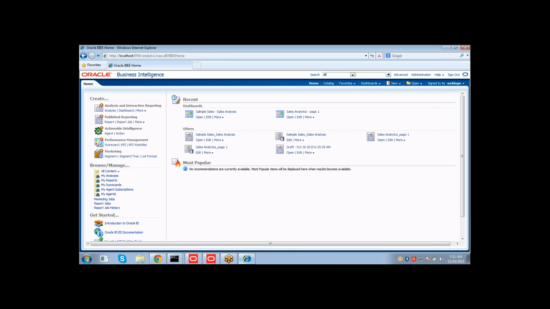So here, this is the home page of the analytics application. This analytics application is the front end application. This is visible to the end users. End users can access this URL, and they can log into the application with their credentials. Once they log into the application, they are able to browse the